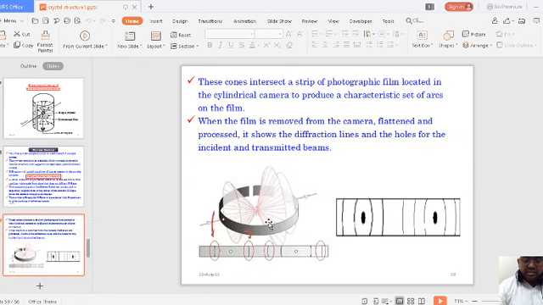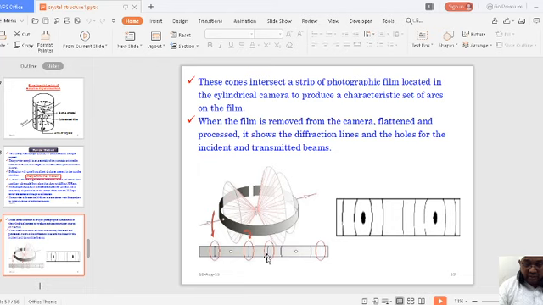So you can see here a powdered sample. We are incidenting the X-rays. When you incident the X-rays, you can see there is a hole here. This is the input, where the X-rays are made incident on the capillary tube. So the rays get scattered. When the rays get scattered at different angles, you'll get this type of images. You can see this is the type of image that you will observe.